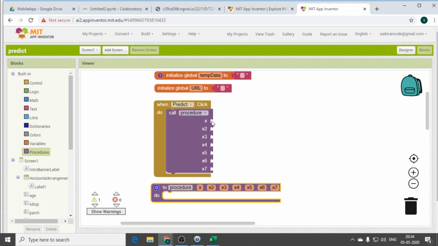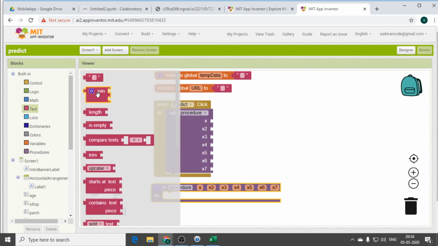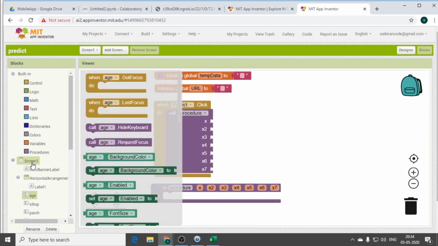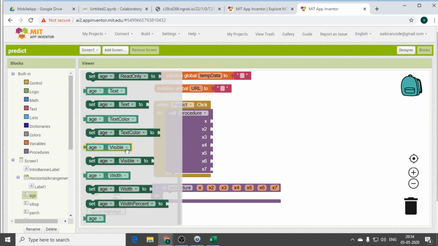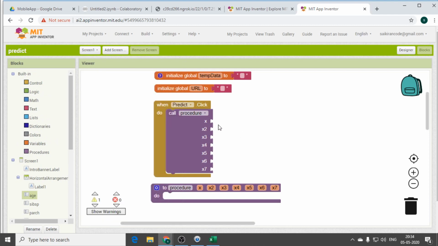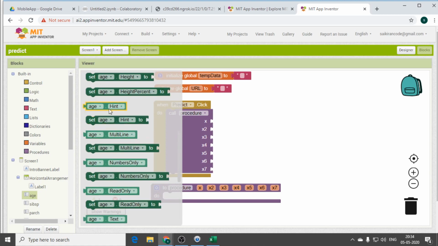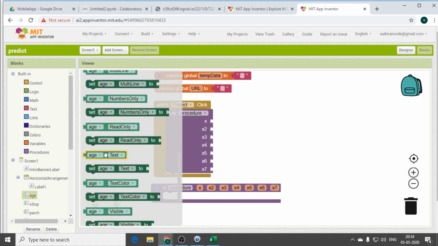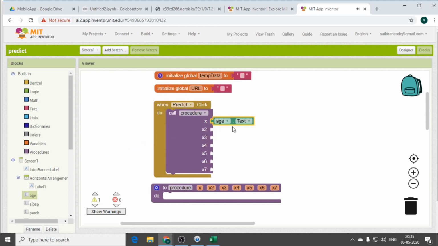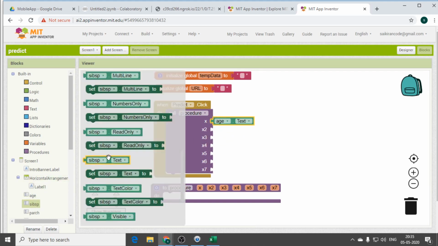Once you have given the procedures, you can see the same functionality. Now you need to give all your inputs with the help of the text block. So go to text block. Yeah, you can go for this. You need to give all the inputs with the help of x, x1, x2. You can go for age. When you click on age, you have all these things, but click on age text because you need to drag and drop all these things. First one is age text and the next one is siblings.